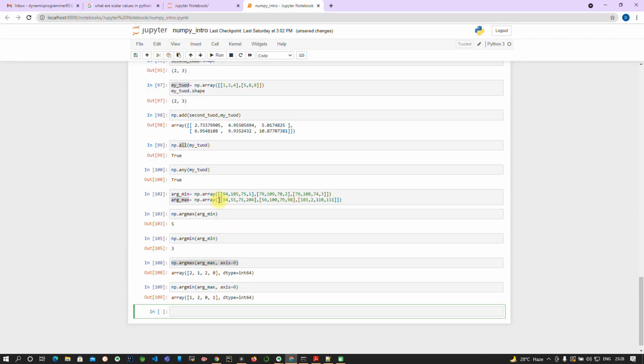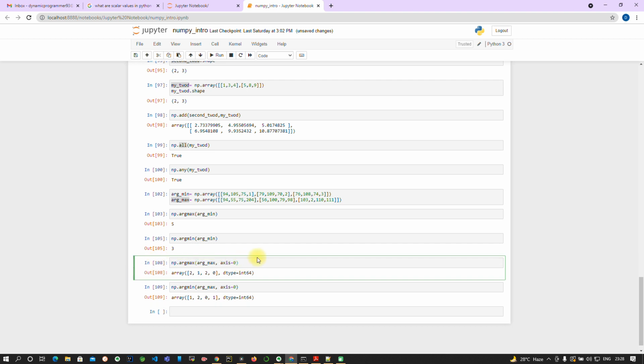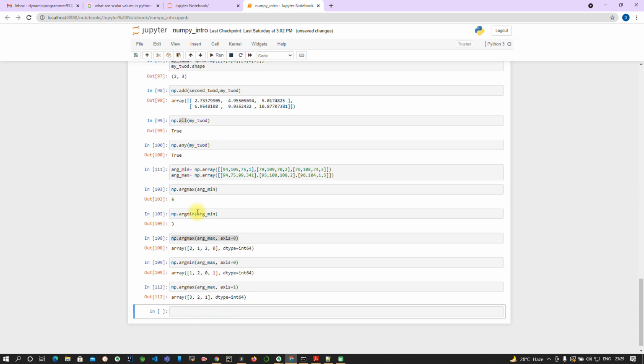Now I will use axis 1. So np.argmax, we will copy this directly, and now we will use this array for axis 1. I have used np.argmax and axis 1, and if I run this, you can see it is giving me an array of elements 3 2 1.